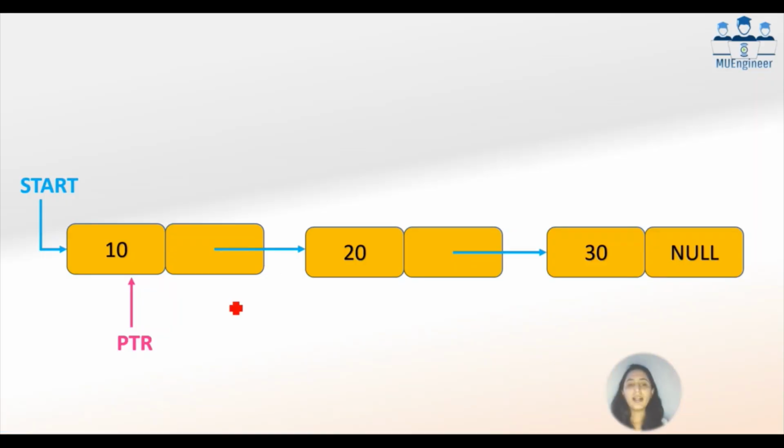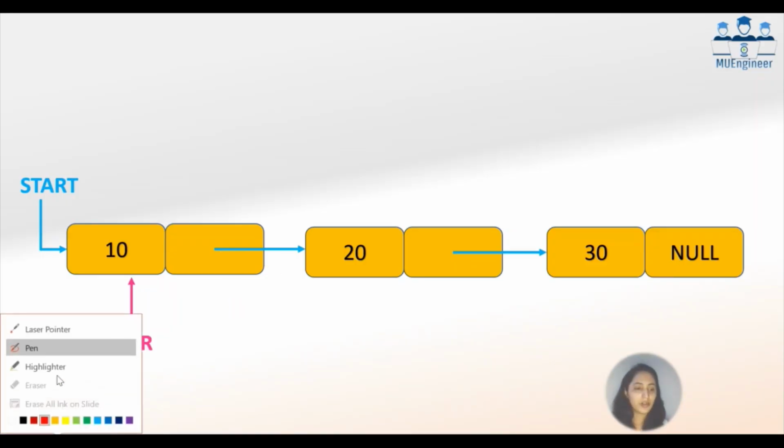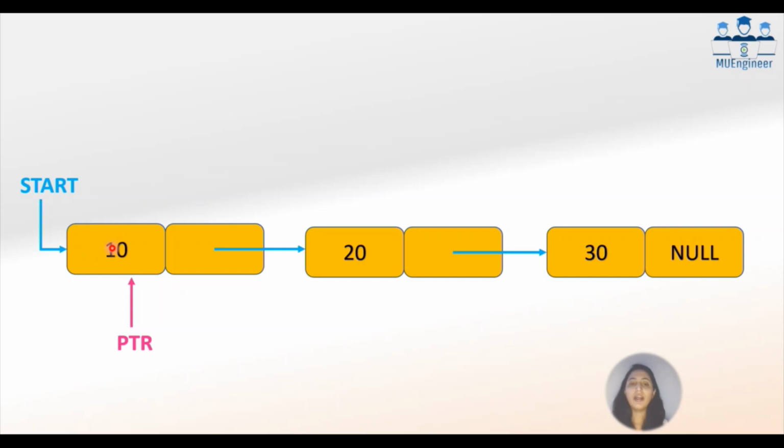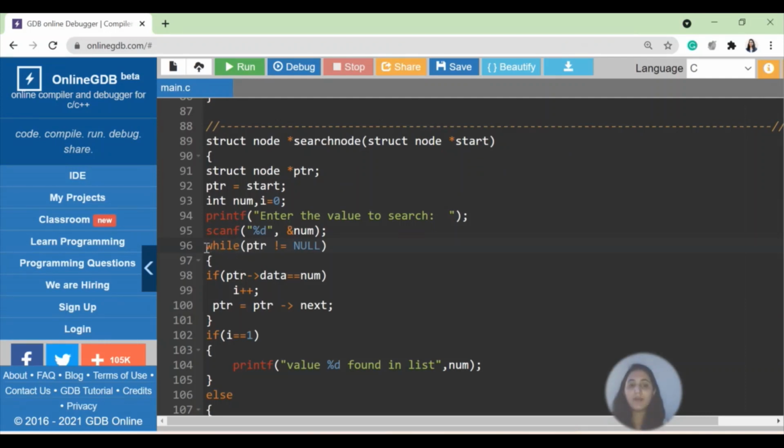Now what I'm doing is, currently my ptr is pointing to the first node here. Okay, now I will just check on each and every node whether this is the value which I'm looking for. My value is in the variable num, and num is equal to 30. Okay, so what I'm doing is I'm giving this while loop. The while loop is the same as we had in the display function. While ptr is not equal to null,